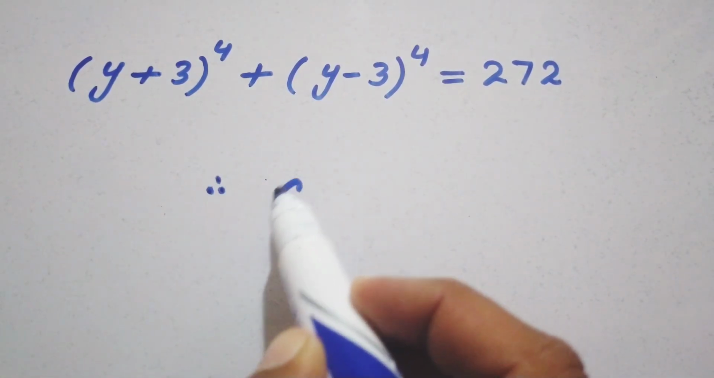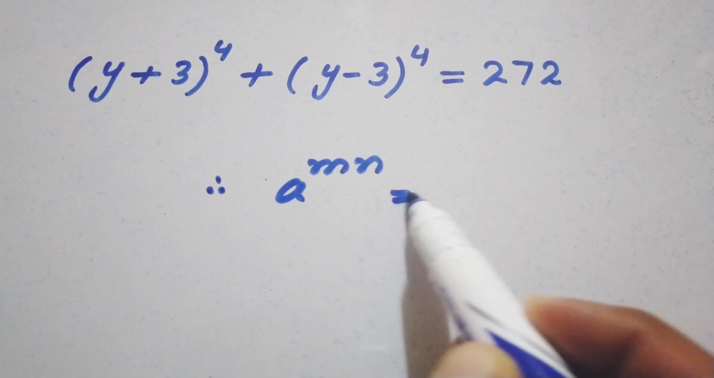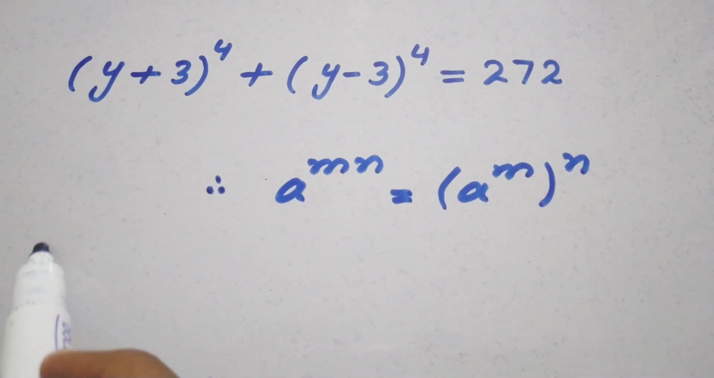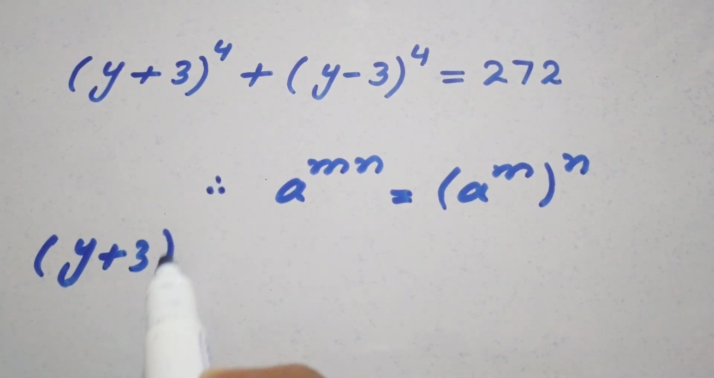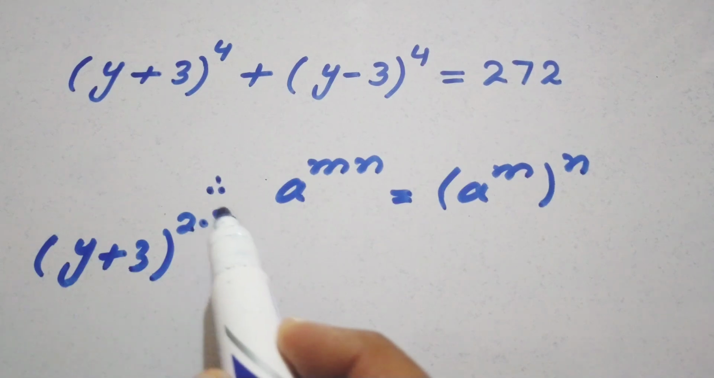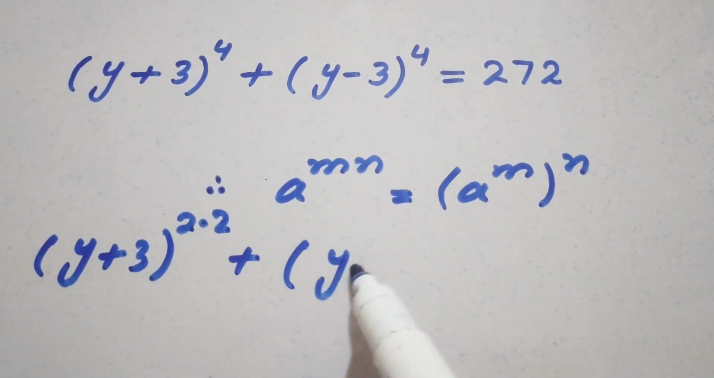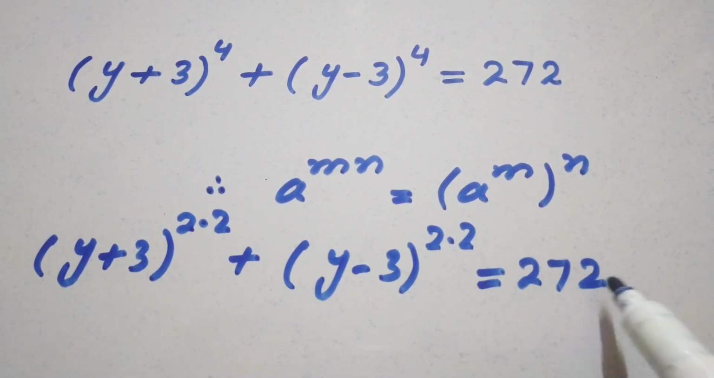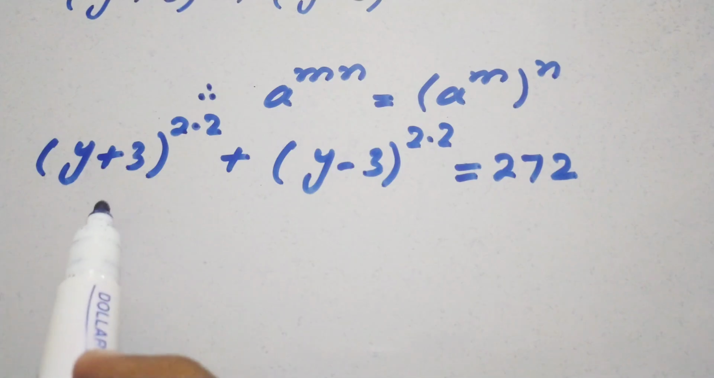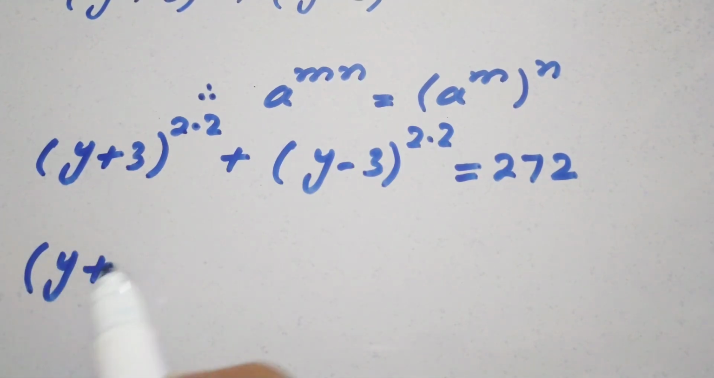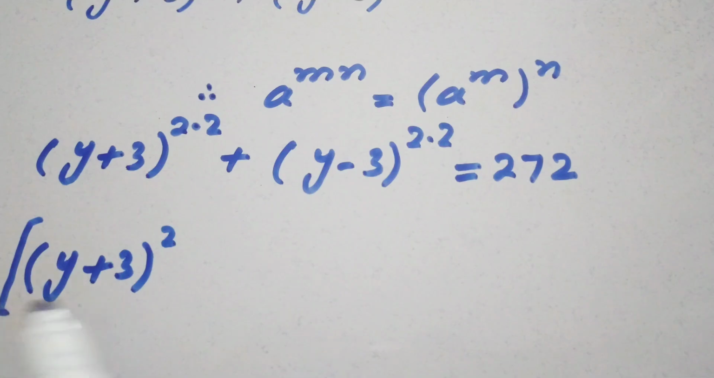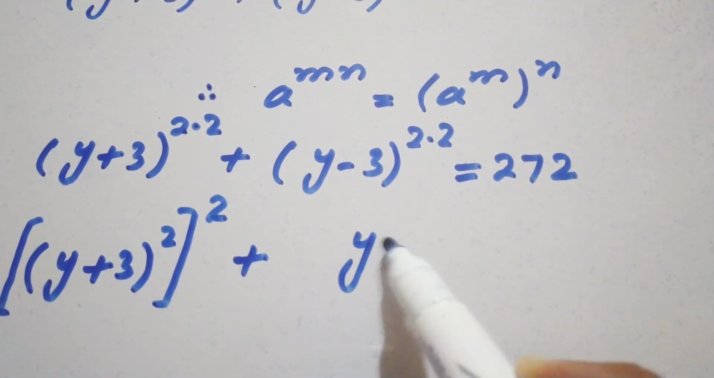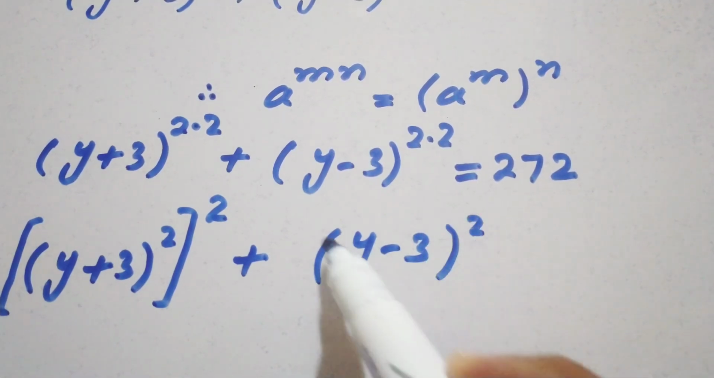As we know that a^(mn) is equal to (a^m)^n, so we can write this as ((y + 3)^2)^2 plus (y - 3)^4, which is ((y - 3)^2)^2, is equal to 272. Now we can write this as ((y + 3)^2)^2 plus ((y - 3)^2)^2